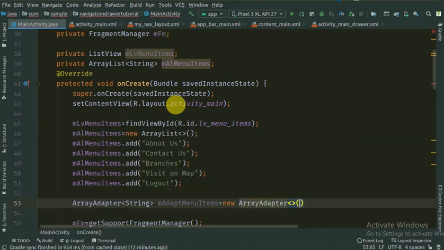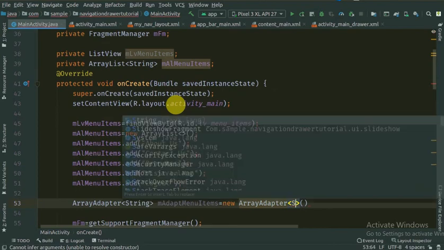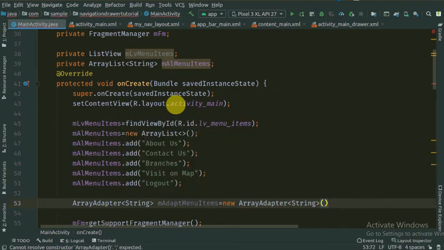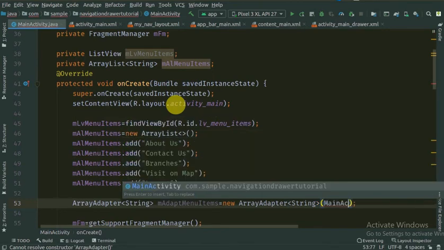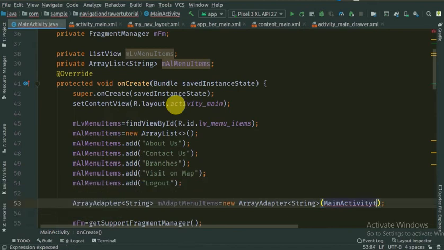Here we have to pass string. Now in the adapter, what do we have to pass? The first thing is MainActivity.this, that is the context.